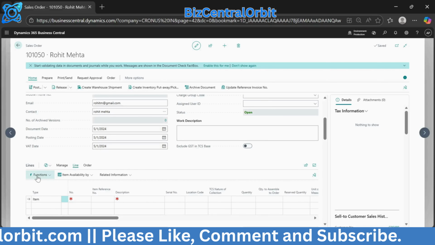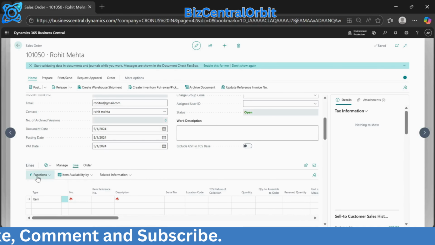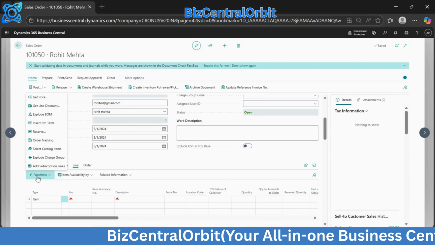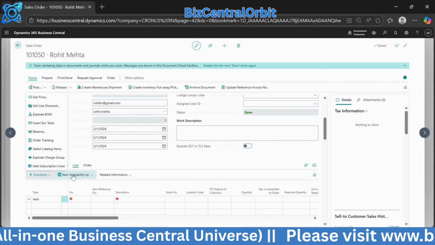Line tab: the Line tab contains functions that apply to a selected sales line only. Functions: the Functions option is used to perform additional processing on the selected sales line. From Functions, you can use Explode BOM, Get Price, Get Line Discount, Insert Extended Text, Reserve, Order Tracking, Select Catalog Item, Explode Charge Group, and Add Subscription Line.